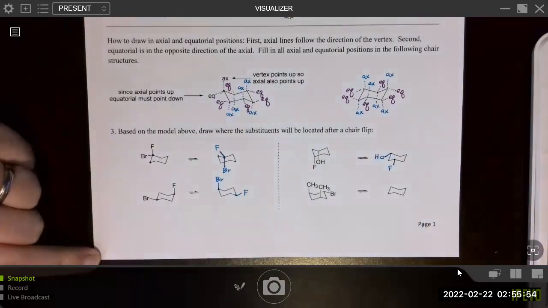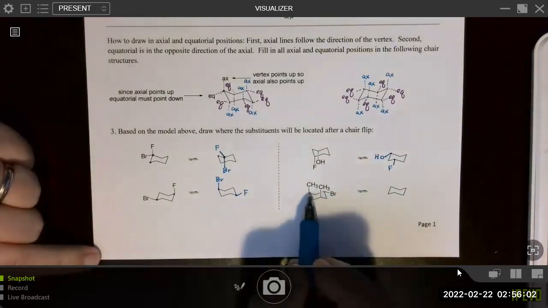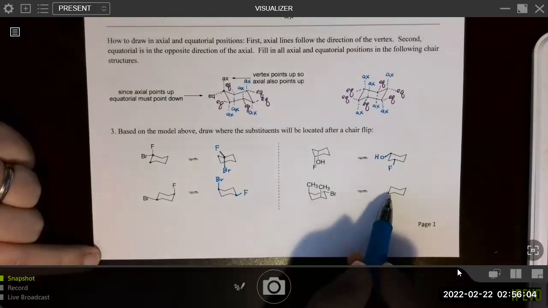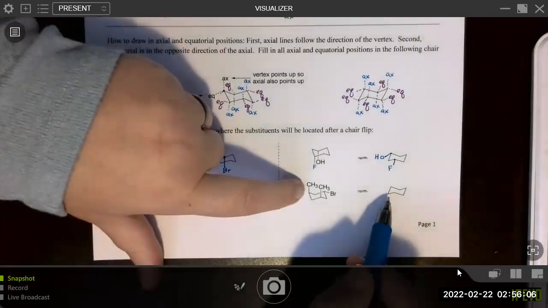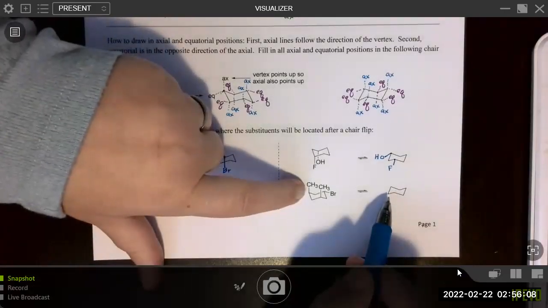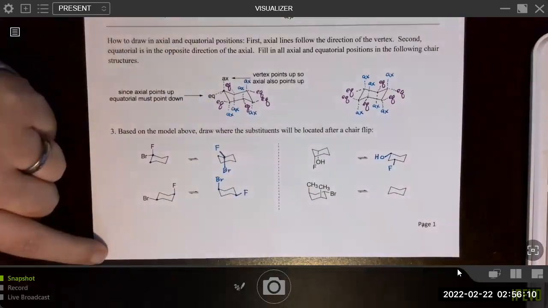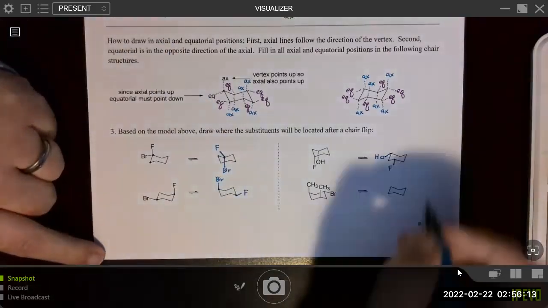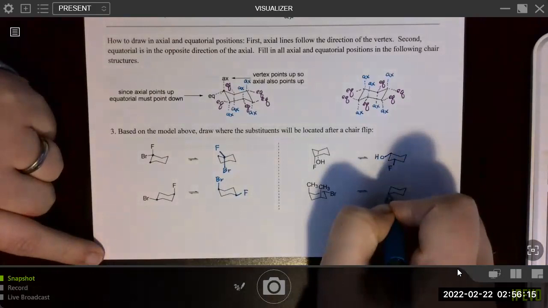And the atom there. Okay, and then now we have a cyclohexane with 3 substituents. Notice that this carbon is flipped up, so it will be the one that ends up flipped down. The methyl here is up and axial, so it will be up and equatorial after the ring flip, which will be here.